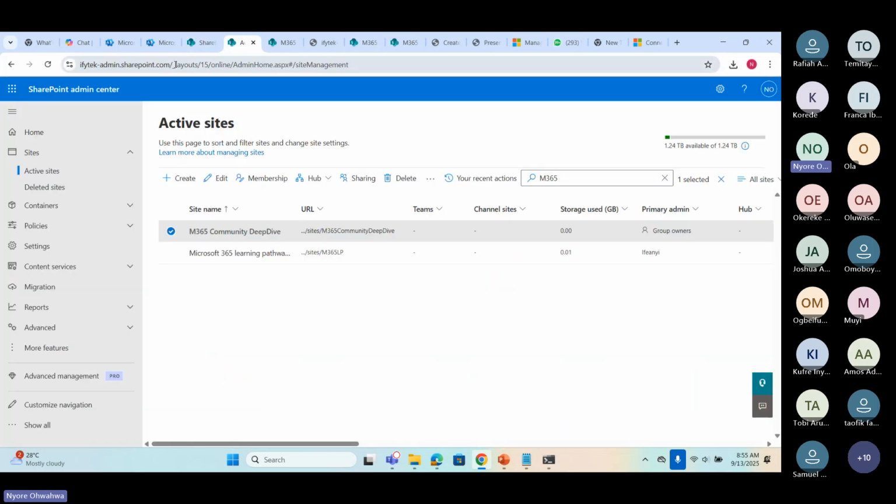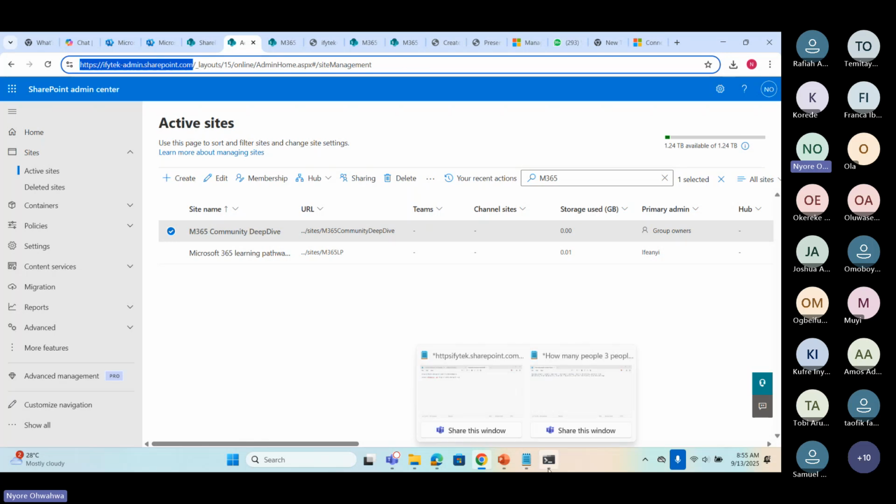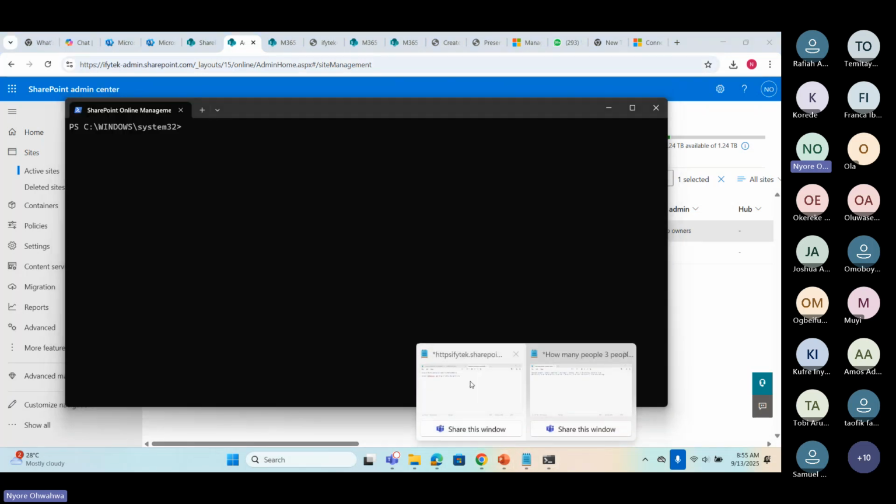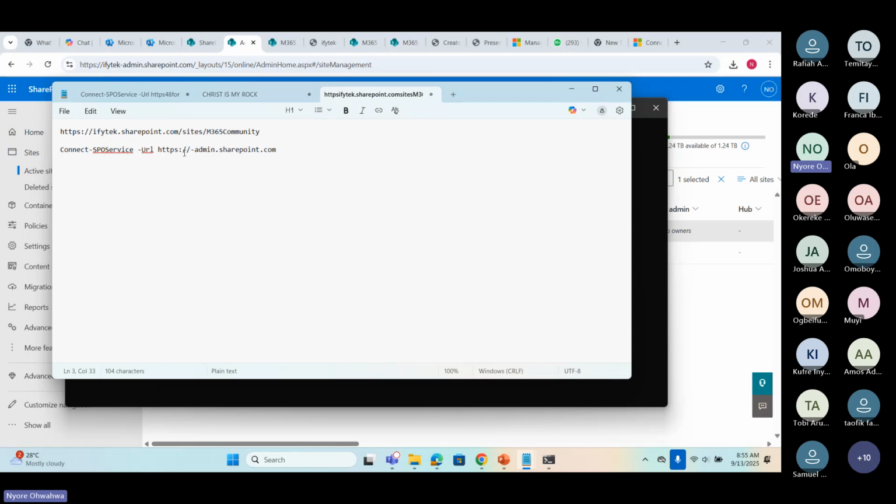They go and use the site URL, and then they come back to say, oh, I'm unable to connect to SharePoint, it is giving me an error. Yes, it will give you an error because you are not using the admin center URL. You are not supposed to use any other URL except the admin center URL.